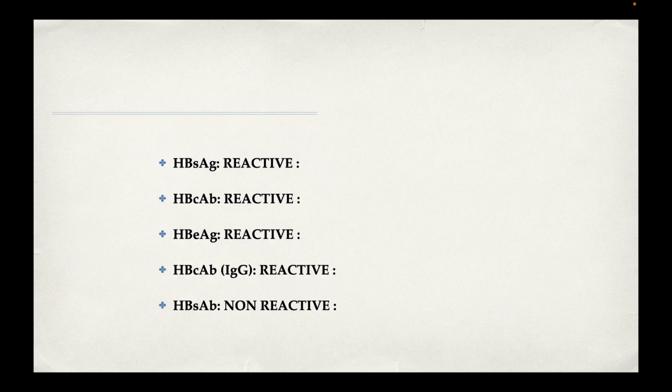This patient presents with hepatitis B surface antigen positive, hepatitis B core antibody positive or reactive, and hepatitis B E antigen also reactive, as well as hepatitis B core antibody reactive. However, the patient does not have hepatitis B surface antibody. And so once the surface antigen is positive or reactive, you say the person is having an active infectious process going on. And once the core antibody is also reactive, we say the person might have had a previous infection